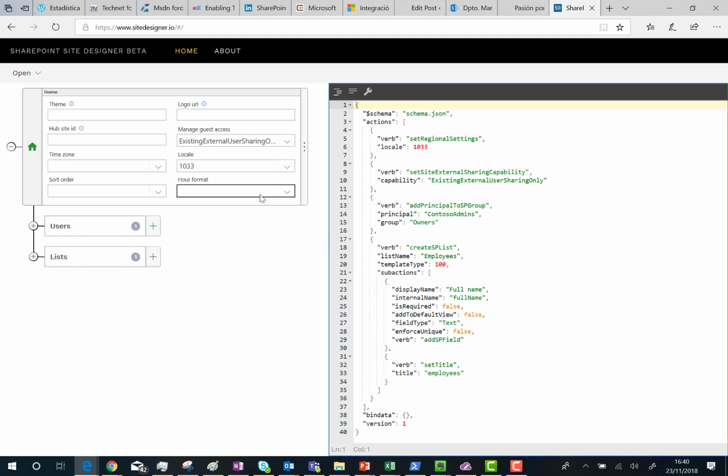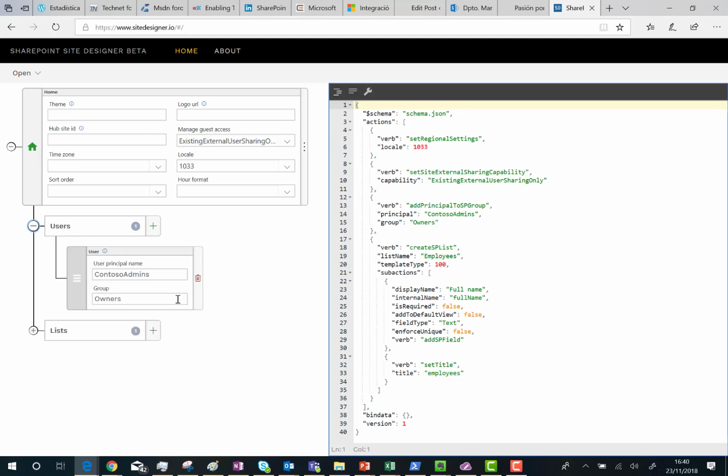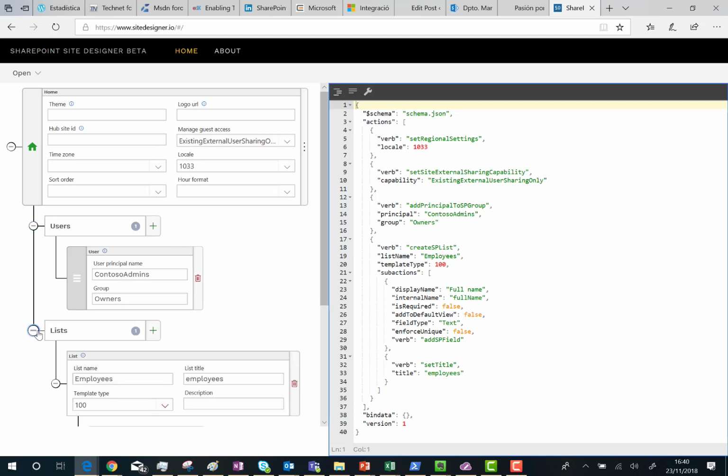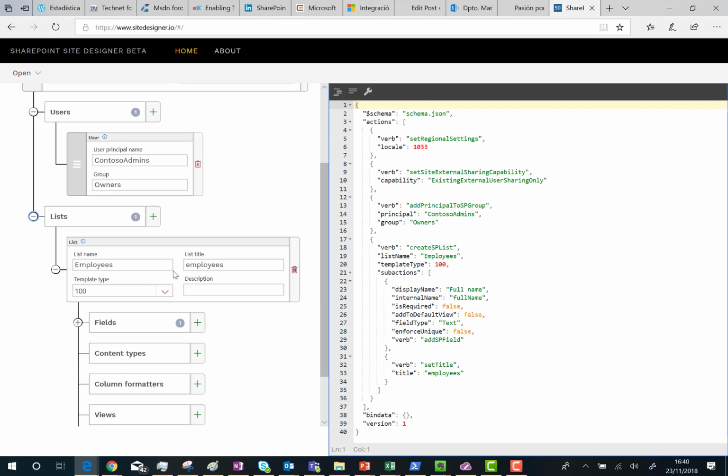also, since we have selected the locale 1033, we also have this action here. So we are setting the regional setting for the site to be, I think, English. And because of what we were inheriting from the configuration, we also have the action to add some users to a specific group on a site, and we also have, as you can see here, the option